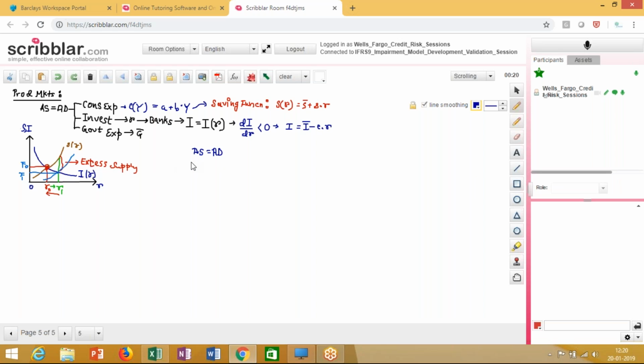Aggregate supply equals aggregate demand. So over here, the aggregate supply in the economy is nothing but the output, right? The amount of output that the economy produces. Now over here, this output,